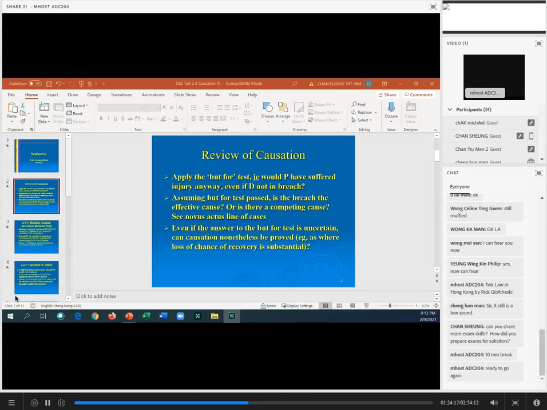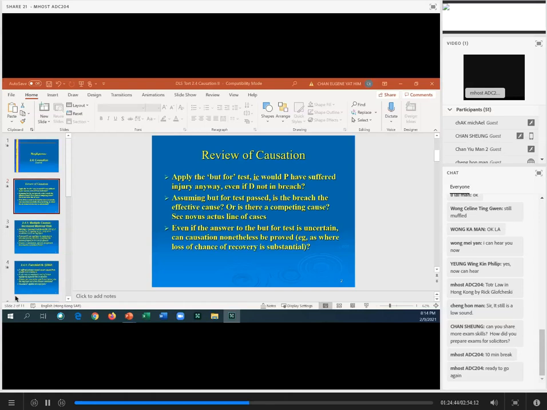Okay, and the main function of tort law, everybody, is compensation. So don't forget that. So one of the must-know principles here, the main function of tort law is compensation. There are two other defences to negligence we will look at. They both got fancy Latin names, but they can be summarised by consent or voluntary, and the other one is illegality or ex turpi causa.